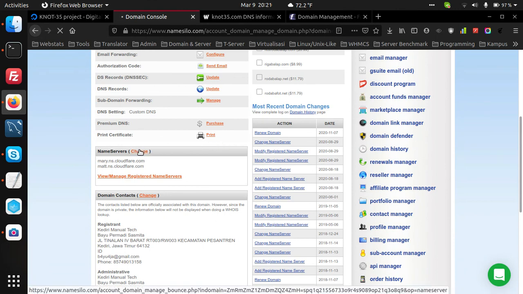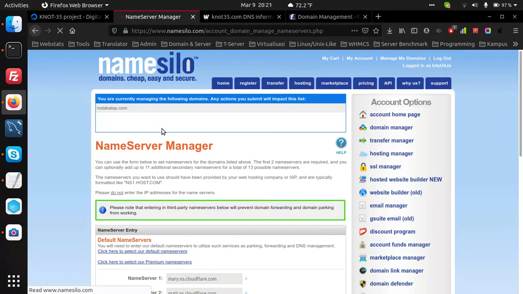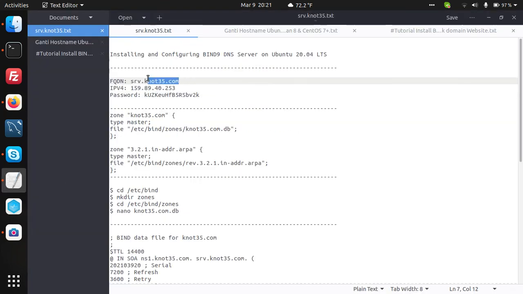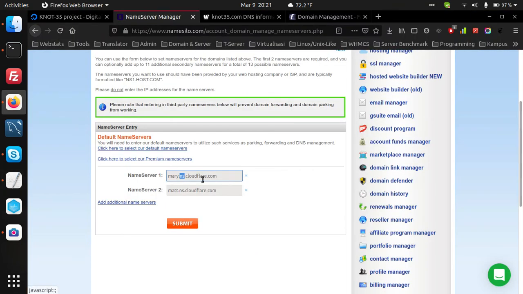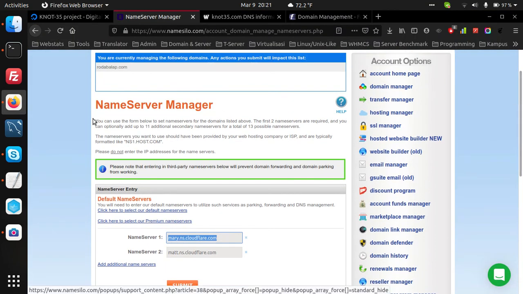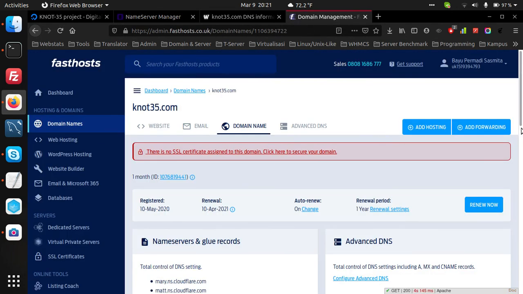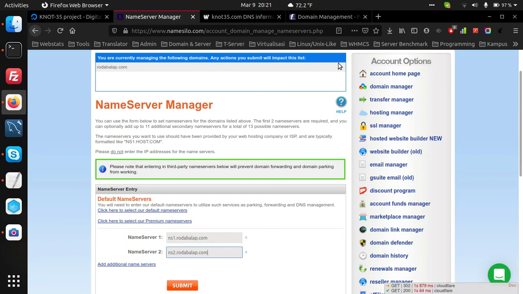Where on name server you can fill the name server record to ns1 and ns2, name server 1 and name server 2, like this. This is for example only, ns2. After that you can press submit.